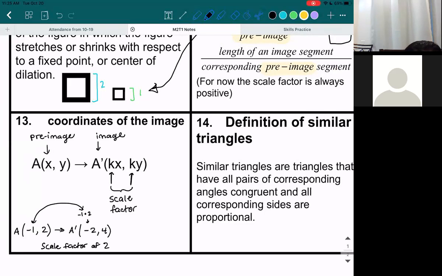And then your y value is the same thing. You take the old one, which was 2, and then you multiply it by a scale factor. Okay? So this is how you're changing the coordinates of the image. So the old coordinate gets multiplied by the scale factor. Any questions? Okay,